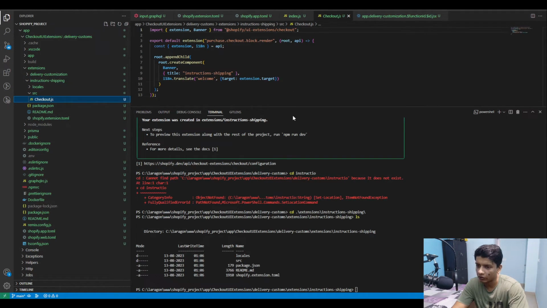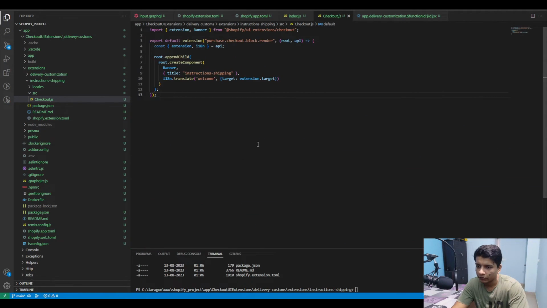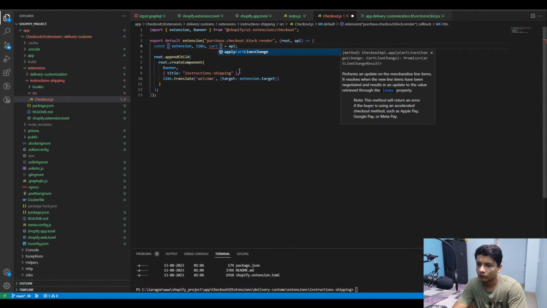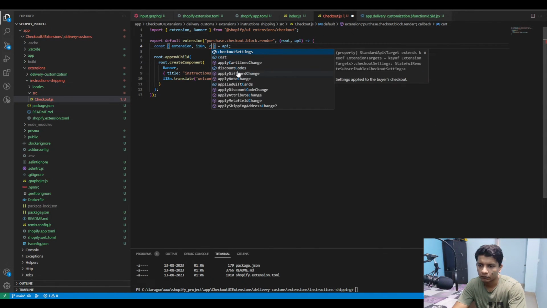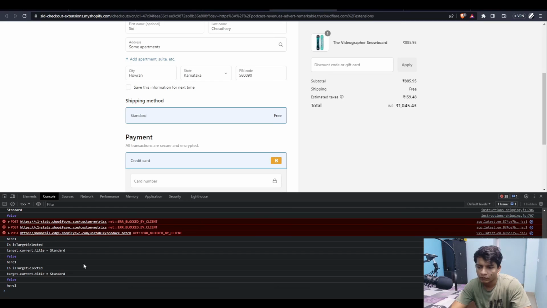Inside this, there's a checkout.js. So now we can see, okay, so we are